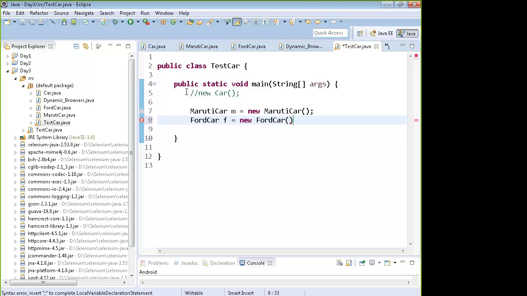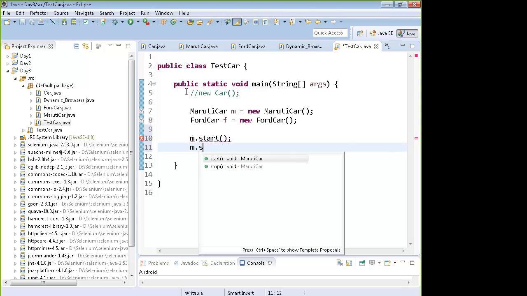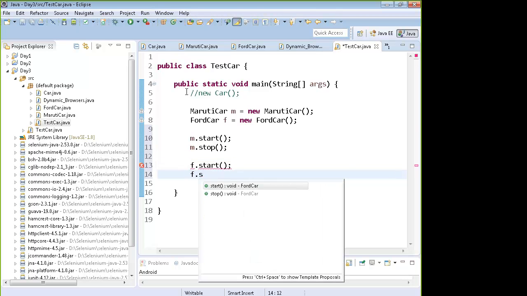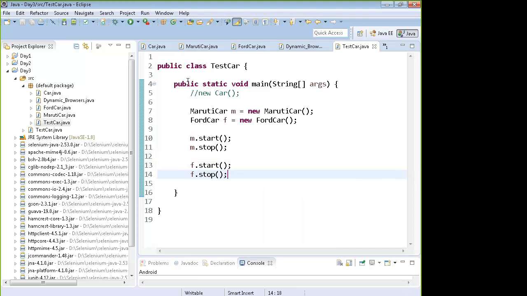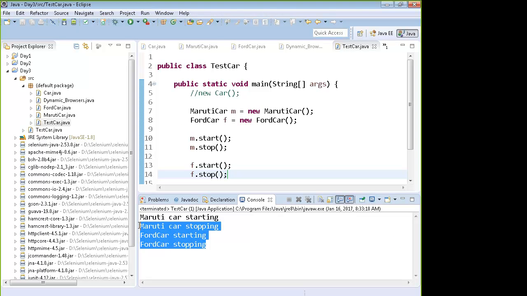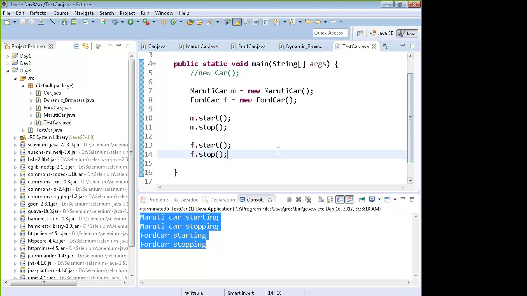You can create the objects of the implementing classes and call the respective functions on them. I can call Maruti car dot start, Maruti car dot stop, Ford car dot start and Ford car dot stop. When I run this code, it prints Maruti car starting, stopping, and Ford car starting and stopping respectively.